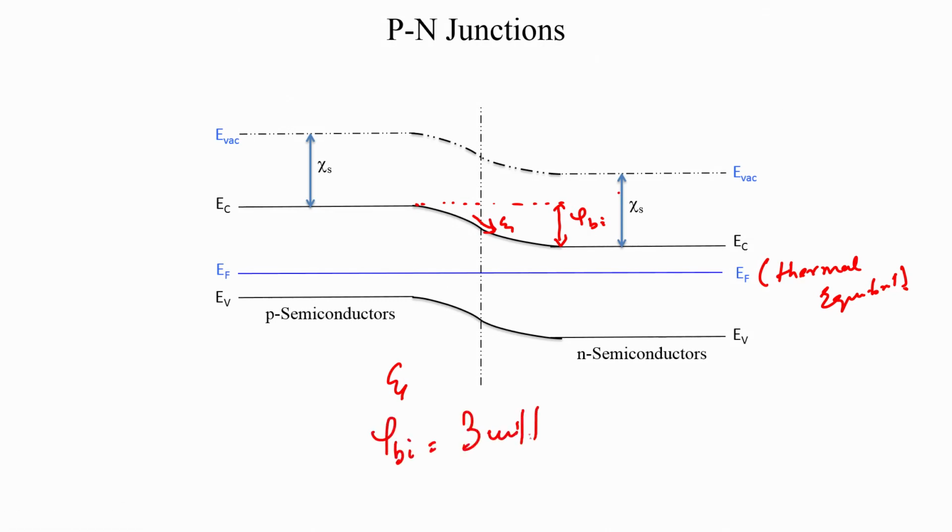And that will be the first exercise we will go through, and we will also define some coordinates, because of these regions near the interface. If you look at this, let me just draw a dotted line here and a dotted line here. Now, if you think about this region, on the N side it has lost electrons, and it did not have many holes to begin with. So, in some sense this region is depleted of free carriers,